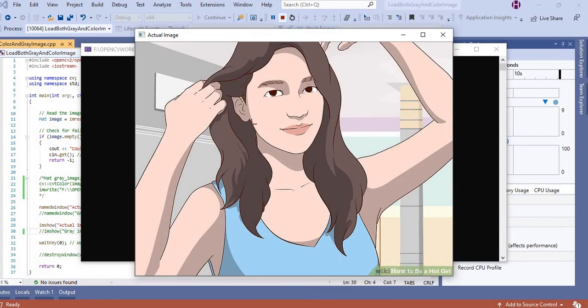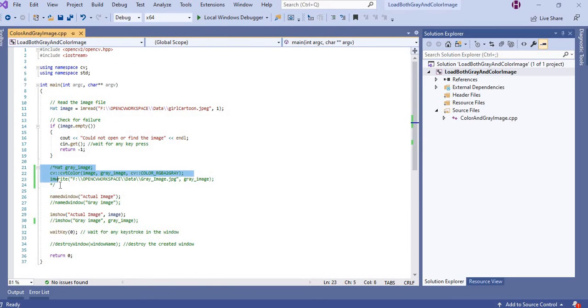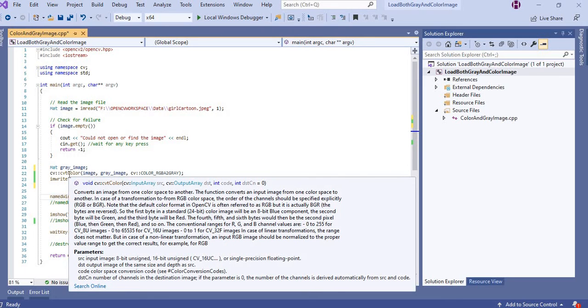Now we have to convert this RGB image to a different color space. I am going to convert it to grayscale. OpenCV provides the cvtColor function, which converts from one color space to another.